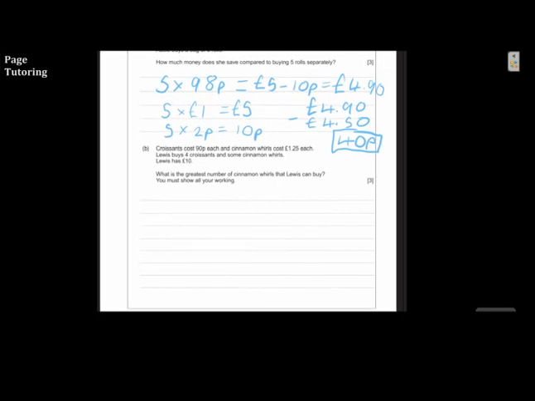Part B. Croissants cost 90p each, and cinnamon rolls cost £1.25 each. Lewis buys 4 croissants and some cinnamon rolls. Lewis has £10. Okay, so we're going to write down Lewis here, and we're already going to start writing out some of this information so we have it available to us. So Lewis, he has £10,